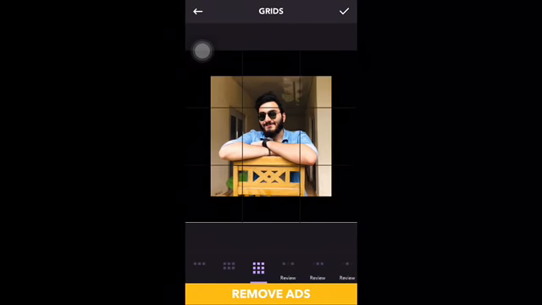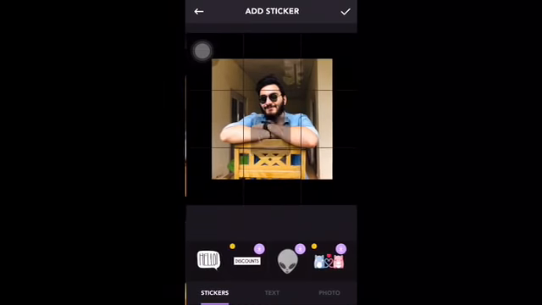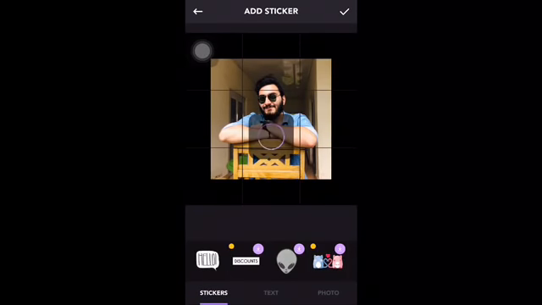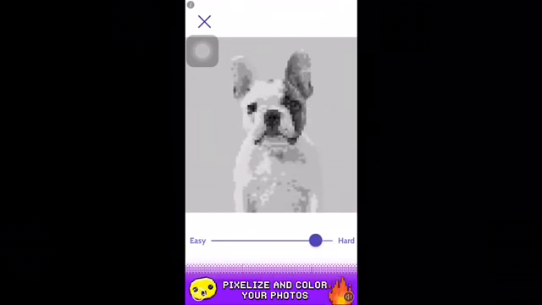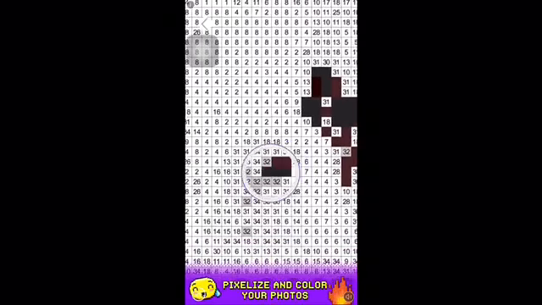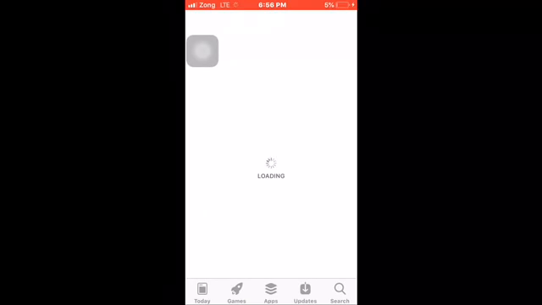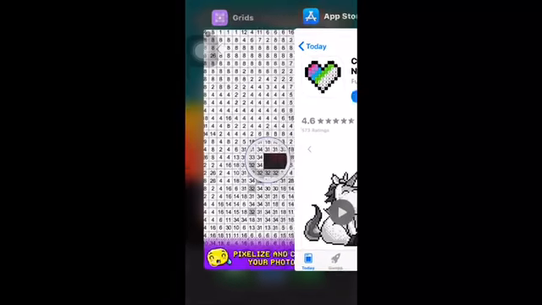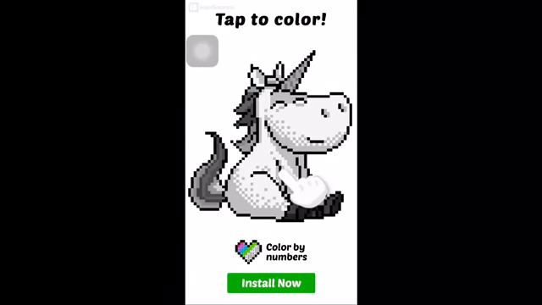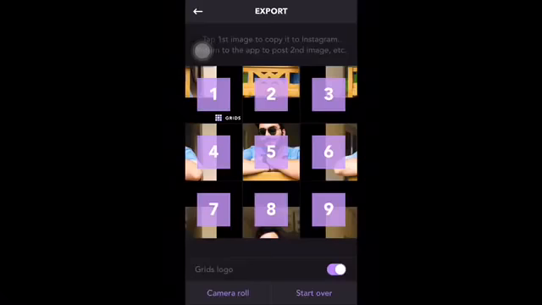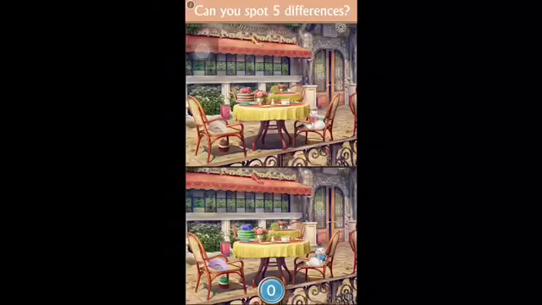I choose the picture, but the issue with this application is that it allows you to grid your photo with their logo. So I'm going to show you how you can remove the company logo. You will have to choose your picture, and the application contains a little bit of advertisements and ads. You will have to wait for it. After that you can easily make your photos grids, so keep watching. I'm going to teach you how you can remove the company and application logo, make your photos grid and upload